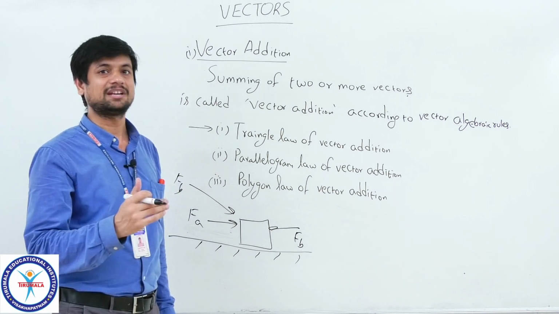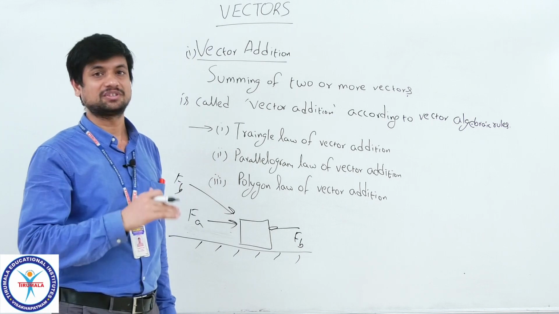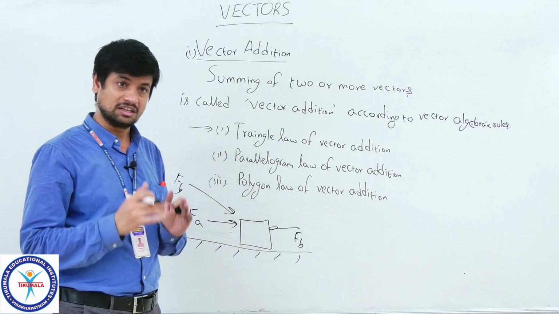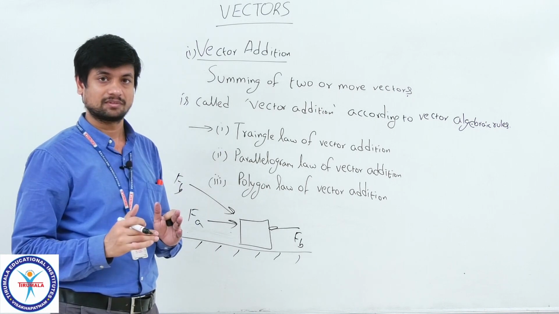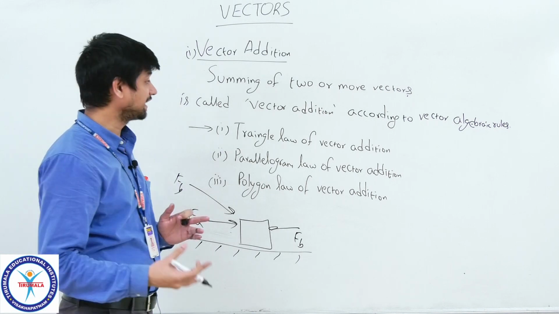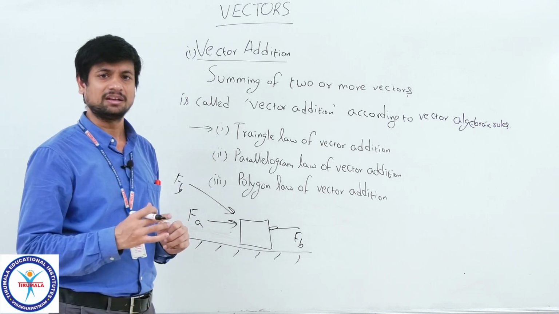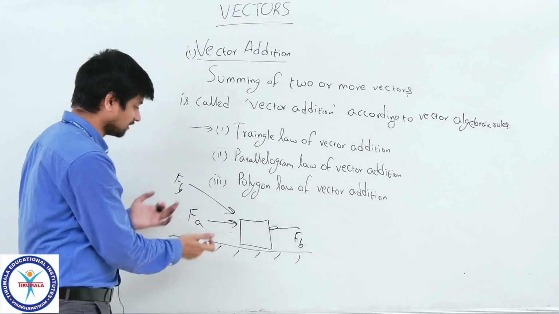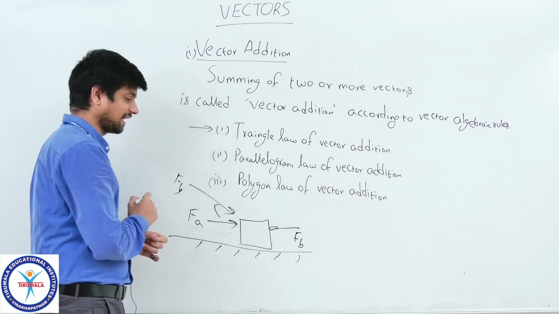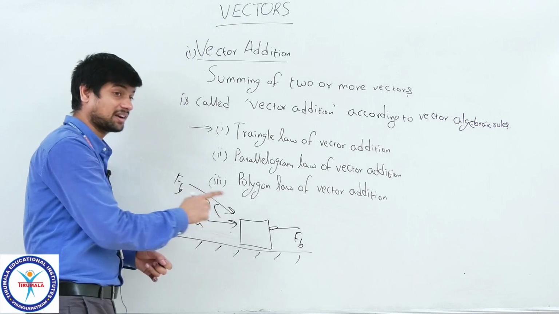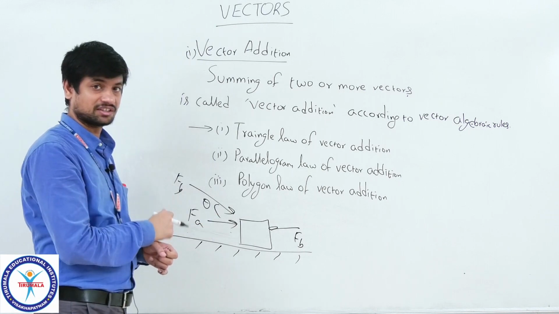Because the ultimate effect we require cannot be changed. Even if we change the reference frame or the coordinate axis, the value must be the same. So, how is it possible? That can be known by vector addition. Even if it is making some angle with this force, look at this, still the effect is constrained.